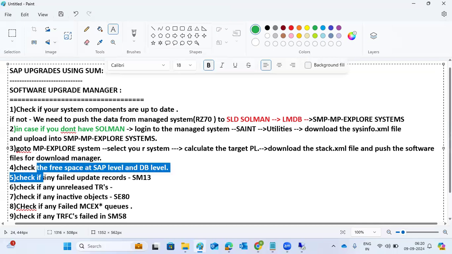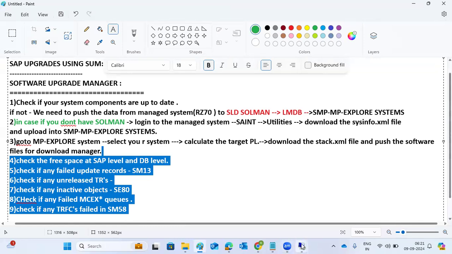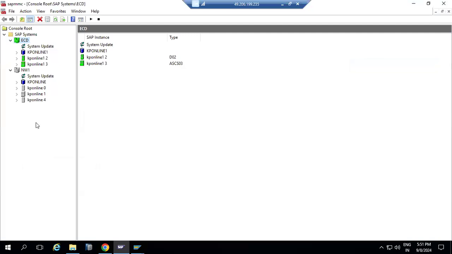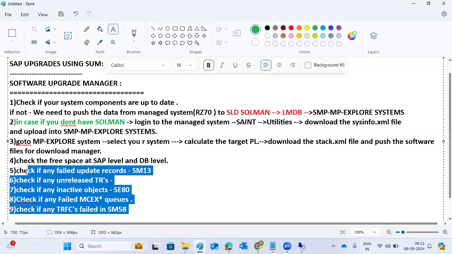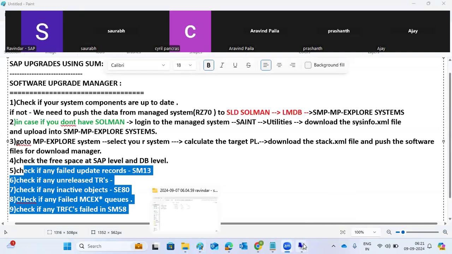Then we have to check the free space, and all these things we know, right? Everybody can log in to the SAP system and perform it here. The main thing is the SAP side, the service marketplace side activities are so important here, right? So that we will see now. Normally we use the transaction code to check all those things here, right? So that we'll check now here. Okay. So before checking,